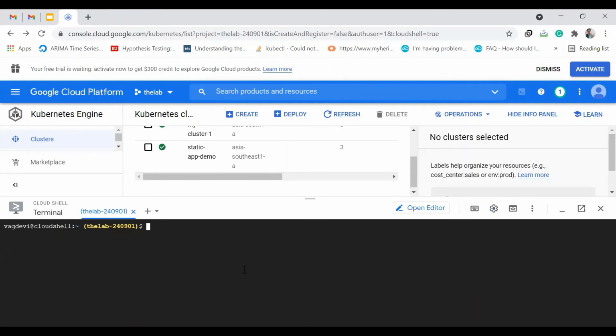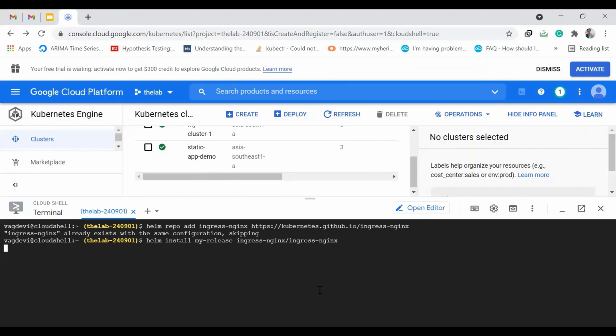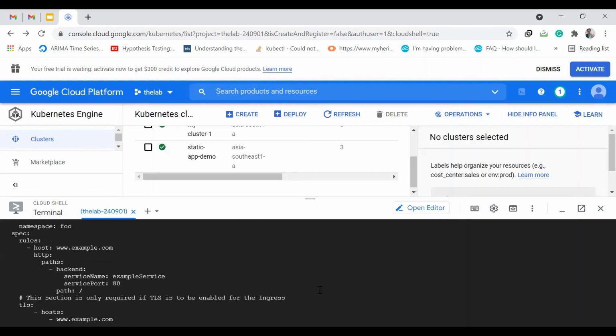Now that we have installed Helm, we need to add a repo which pertains to the Nginx Ingress and then install it. So we shall do that now. So use this command. So it says it already exists because I already have it in my console. But if you are doing it for the very first time, you will see some other message. Okay. Now install. So it might take some time. So basically we are trying to set up Nginx Ingress with the help of Helm, which is a package manager for Kubernetes. Okay, seems to be done.